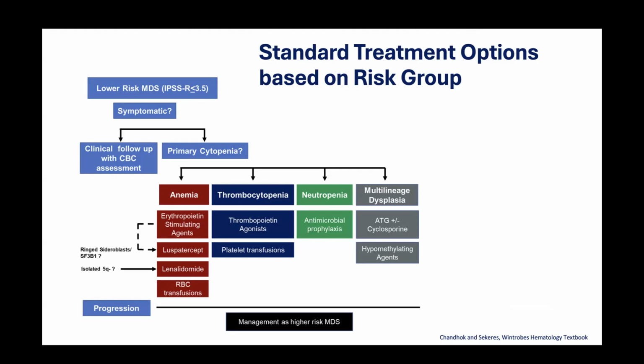Well, if you have only anemia, we're going to treat you with drugs which are good to improve your anemia. And I'll walk you through that in a few minutes. If you have only thrombocytopenia or low platelets, we're going to either give you transfusions or give you drugs that can help push your platelets forward or make you make more platelets on your own.